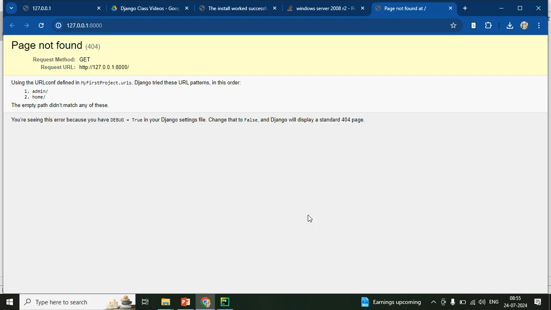Now it's saying page not found, because previously on the default 8000 port it was rendering its default page. Now I have created my own URL, and on this 8000 port I am not giving any page to render. Observe the URL configuration you defined: admin is there, home is there, correct? Now you have to go to